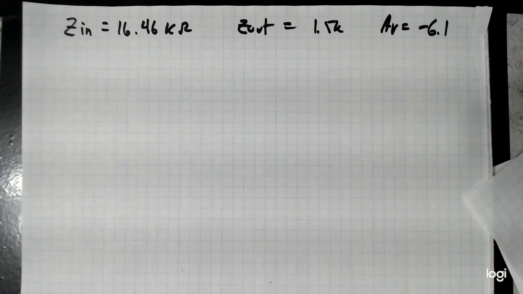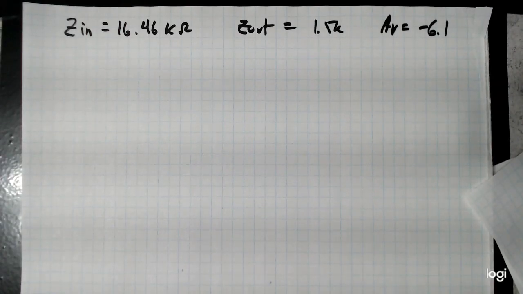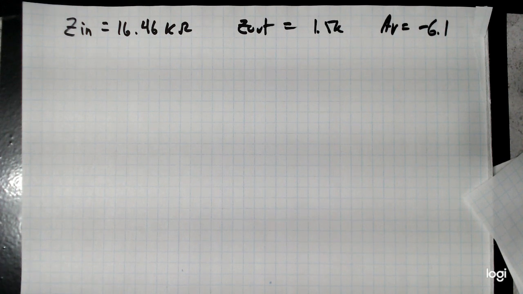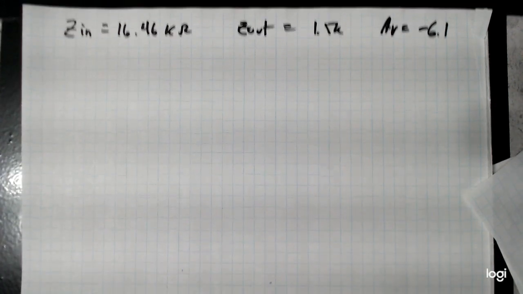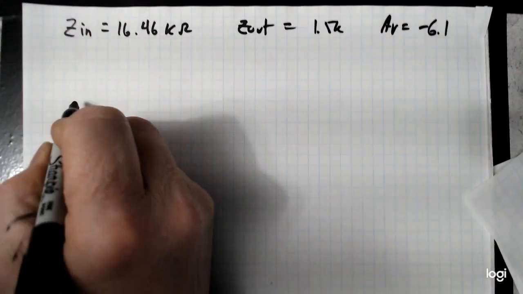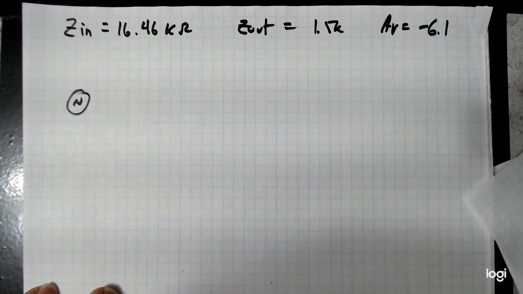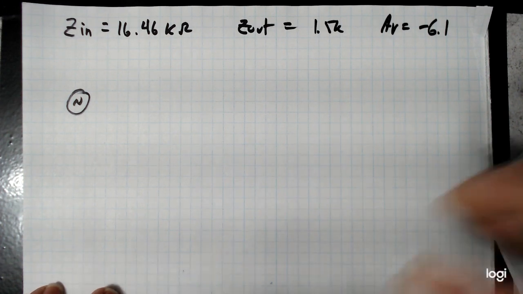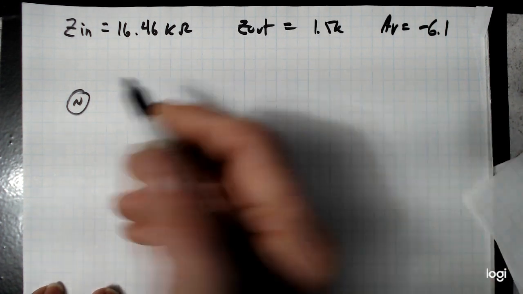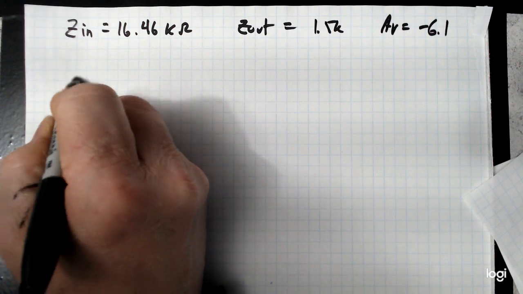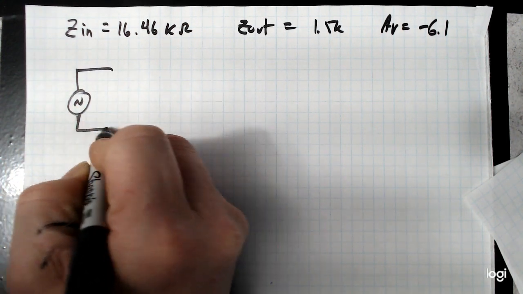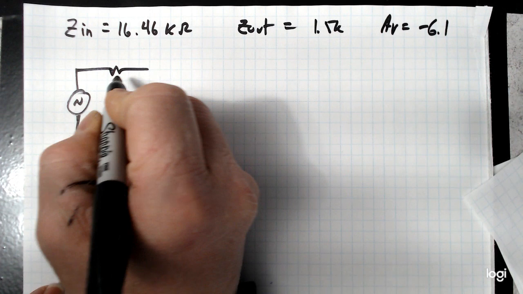Okay, so now we take the Z in, Z out, and AV that we calculated, and we draw this into the final AC voltage model. At the end of the day, we don't really like current sources. The AC equivalent circuit uses a current source. We have a hard time wrapping our heads around current sources, so we need to draw those as voltage sources. So here's your generator,